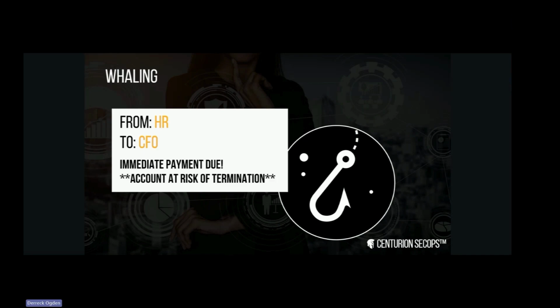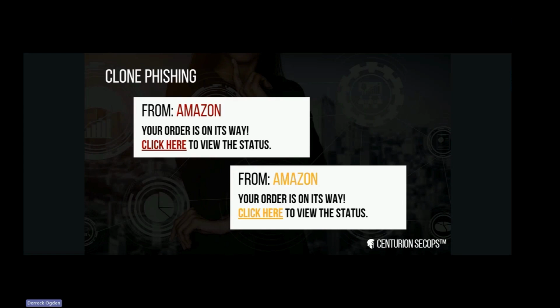Second part there is go to your bank, tell them to shut off any wire transfer capabilities unless I, or whoever else is allowed to do those wire transfers, is there in person and shows you two forms of photo ID, period. So, clone phishing. This is the type of phishing that you see all the time.